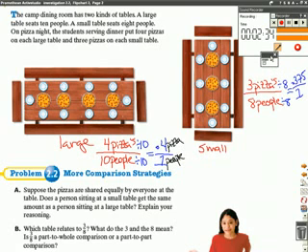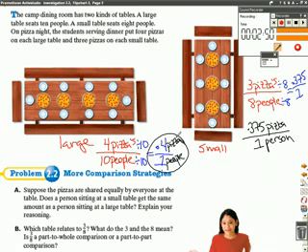Now, at the small table, it's 0.375 of a pizza per person or for one person. So as you can see, if I sit at the large table, I will get a little bit more. Okay? So what I want you to do is I want you to do this the other way as well,